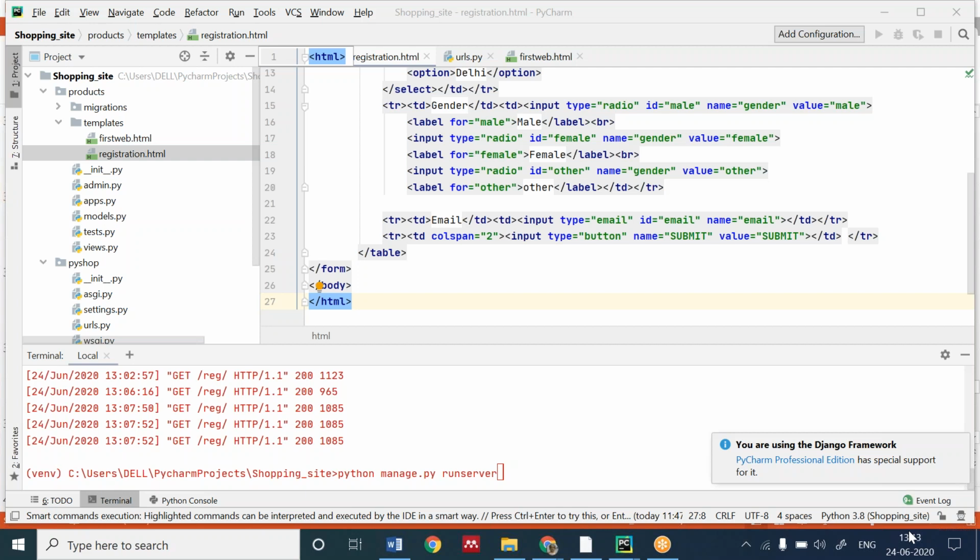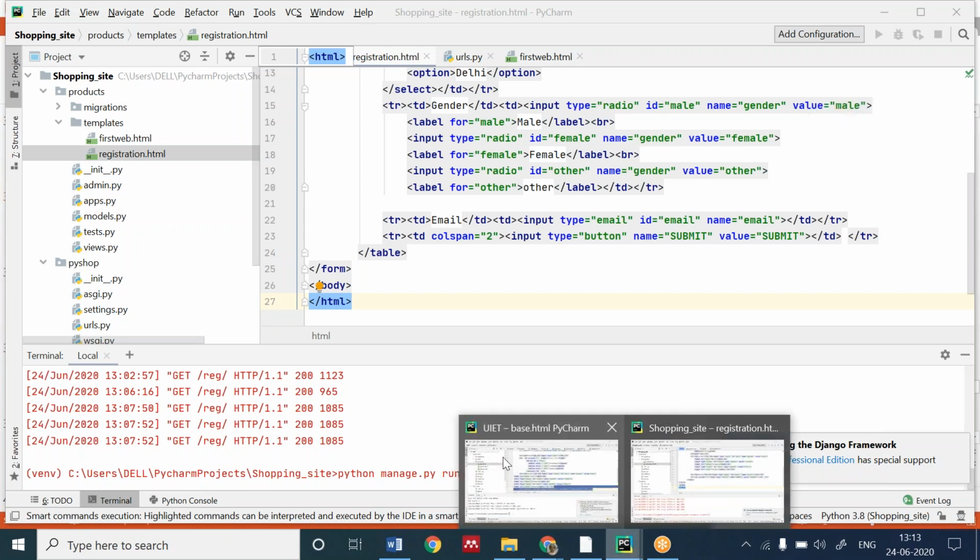Okay, did you design it or not? Chalo, we are moving further. Okay, good then.